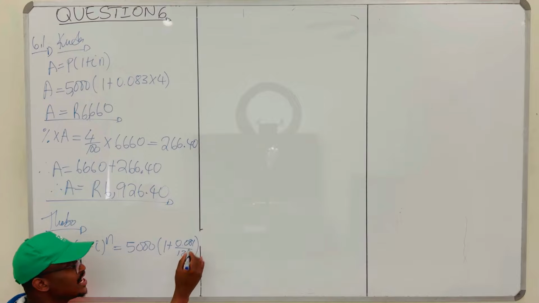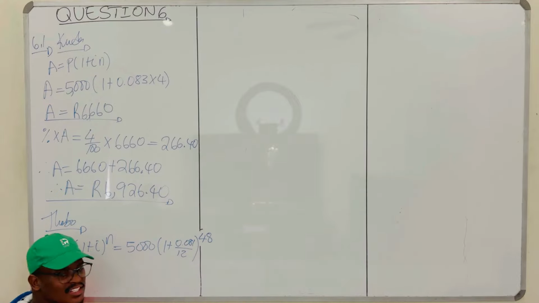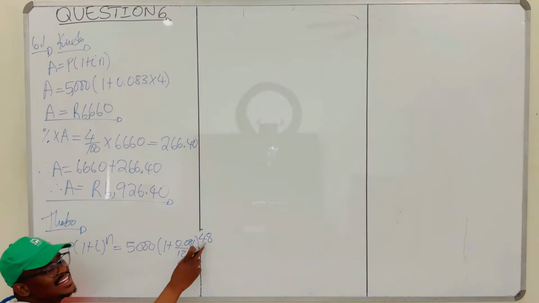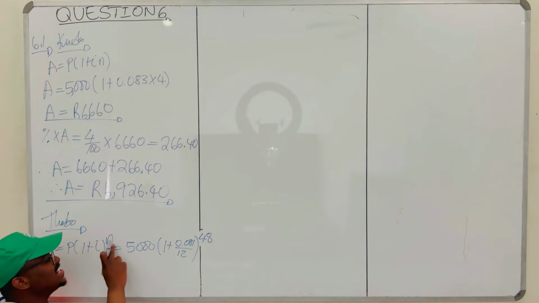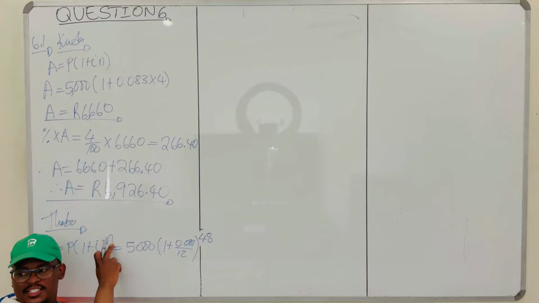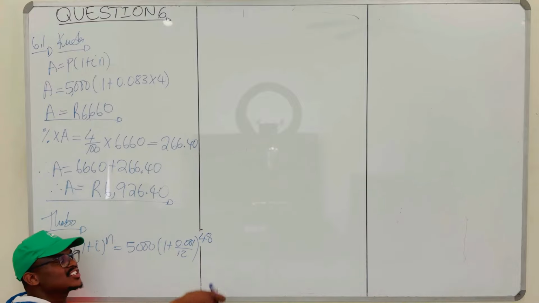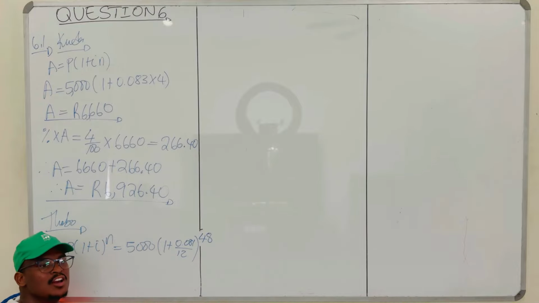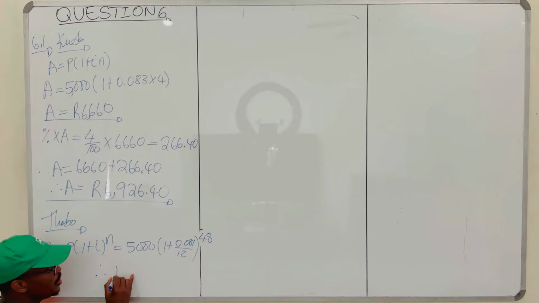It should be 48, because in each year there are 12 months, so in 4 years there will be 48 months, which means he will gain interest 48 times, because the N is the number of compounding periods. Which is how many times you get interest. If you're getting it monthly for 4 years, then you're going to get it 48 times. If it was monthly in a year, there are 12 months, so you're going to get it 12 times. Therefore, your A is equal to